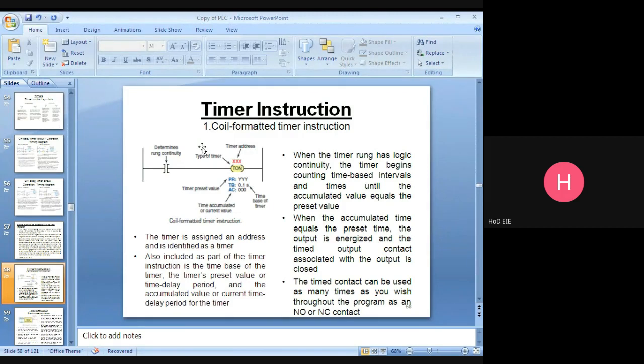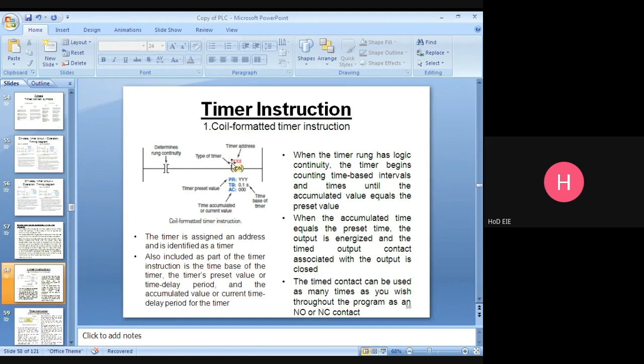Understand the instruction? Yes, sir. Okay. Here, this one is for a rail. This one is for a rung. This one is for contact. When this contact closes, only then will there be continuity. If the contact is open, there is no continuity. This one is for the timer instruction.